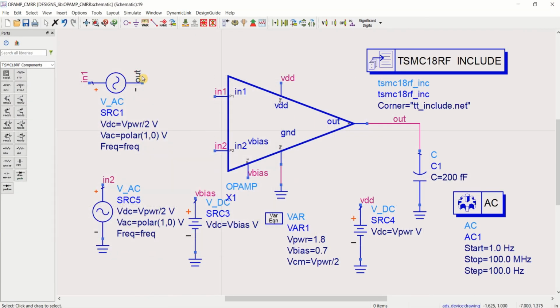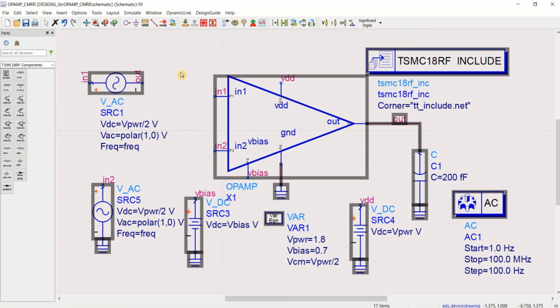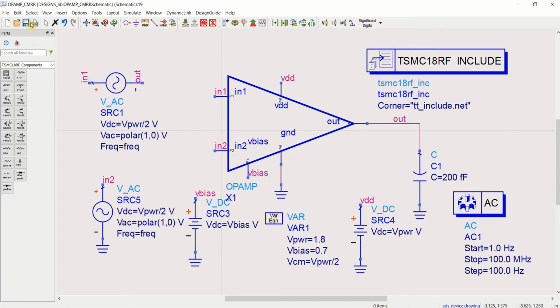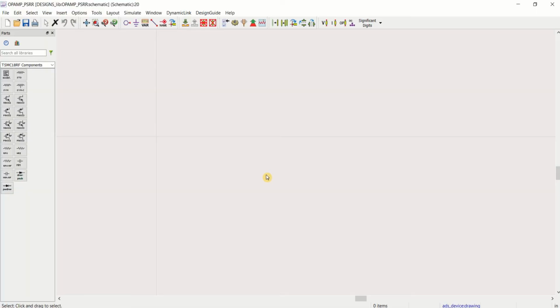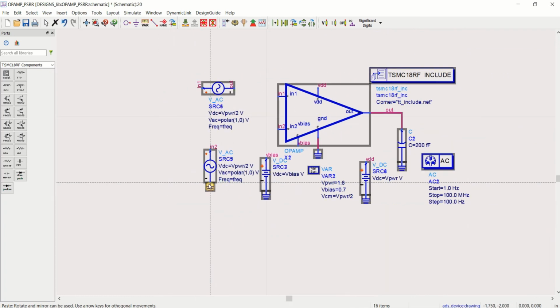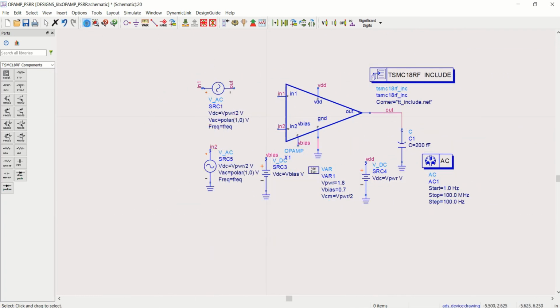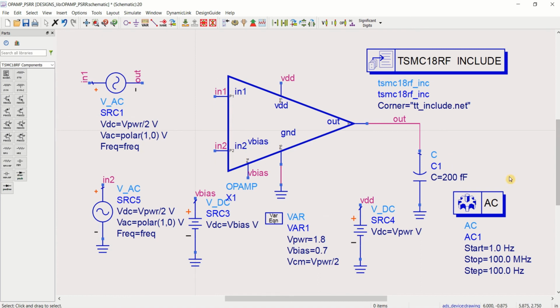Similarly, you can check the PSRR, save it, go to the new file, create one more file, op amp. You can denote it PSRR, power supply rejection ratio. Just copy this. Here you have to give the input to VDC.